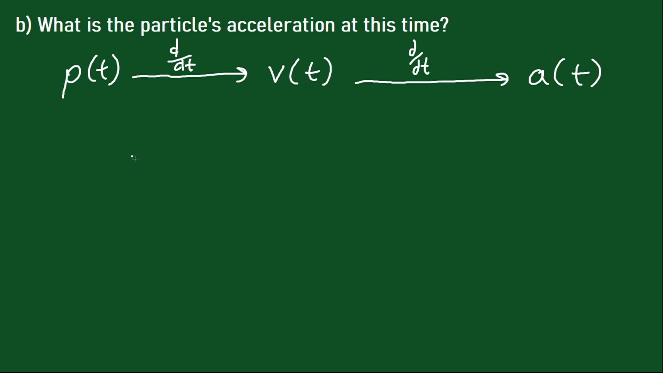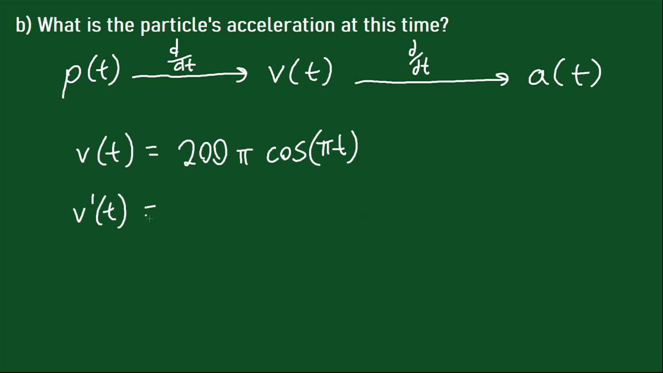Now, let's find the acceleration equation. We already know that the v(t) equation that we found from part A is equal to 200π cos of π times t. That was the equation we found. If we take the derivative of it again, that will give us the acceleration equation. So let's take the derivative of this. The 200π stays the same, that's your coefficient. When you take the derivative of cos, however, it becomes negative sine. So I'm going to put the negative on the front of our equation and put the sine here. So negative sine of